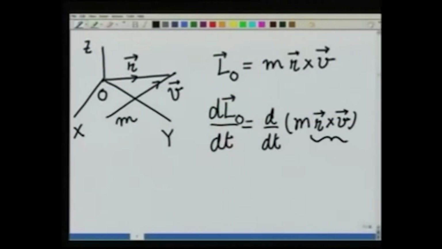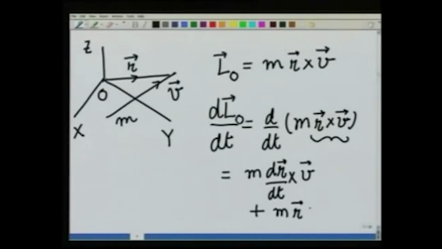For those of you who feel a little uncomfortable, I will leave it as an exercise that you take the components of this cross product vector and do it in terms of components, but I am going to write it directly as m dr/dt cross v plus the second term, because I am using the chain rule, m r cross